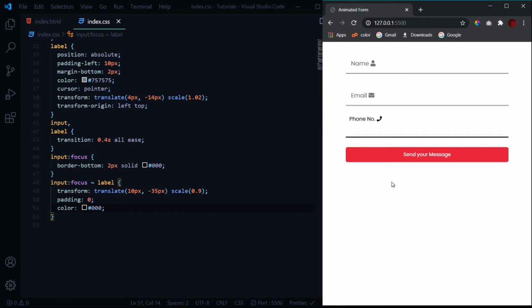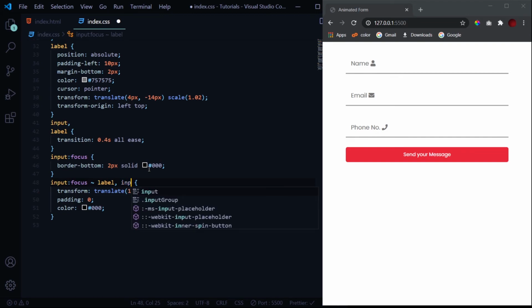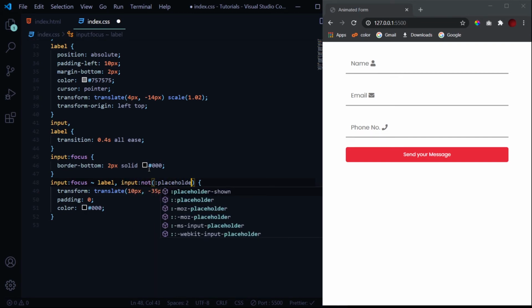This is all sorted. So this is all the styling we need, but there is still one more error which you might not have noticed because I have not shown it to you: when I type, it's working fine, but when I remove the cursor, it goes back towards its original position. So for that not to happen, we need to give one more kind of selector, which is input not placeholder shown.